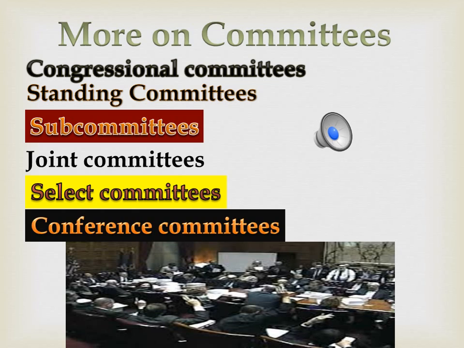Select committees are formed in either the House of Congress. In either House of Congress, they set up for a limited time. So it's not a permanent thing like the standing committee. They handle issues of national importance, so it's more broad. And in the past, they reviewed what I discussed earlier, the Central Intelligence Agency and the Watergate investigation that had to do with near impeachment. Select committees last for up to 2 years or one term of Congress.